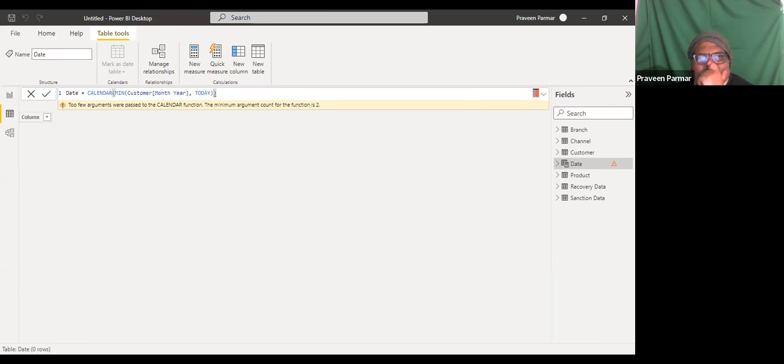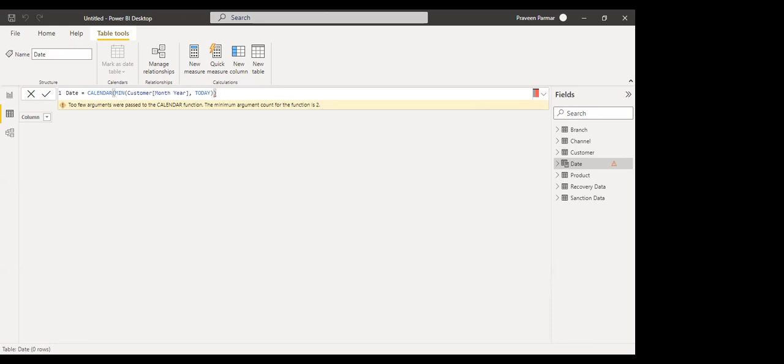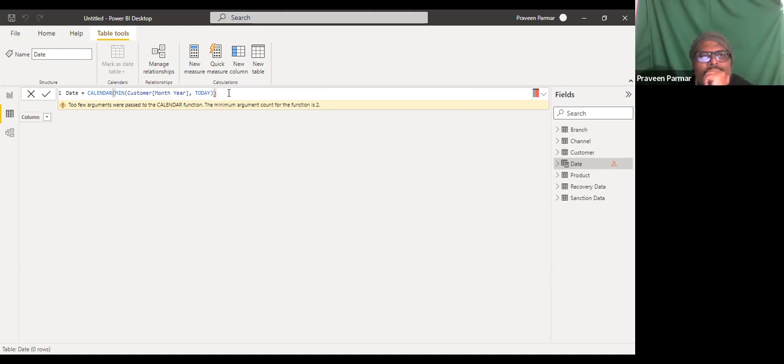In the calendar function, why is it not working? It should work. Let me check it. Today, minimum date. Too few arguments were passed to the calendar function. The minimum argument count for the function is 2.